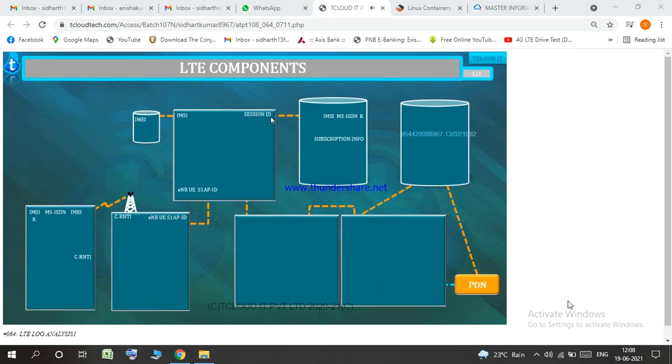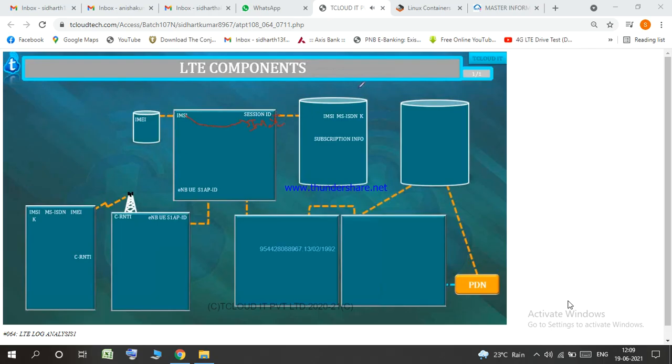MME, by establishing a new session ID, because for every transaction that happens between two diameter components, even on LTE, we must have this session ID working. So by having a session ID created, MME starts communicating with the HSS. But what number will be sent by MME is this IMSI number. He will pack it into this message called authentication information request and send the authentication information request message to